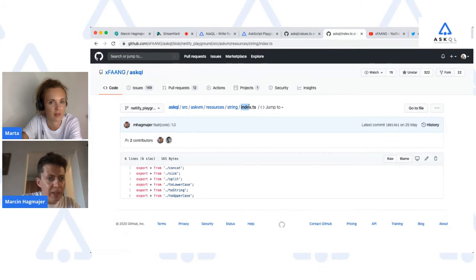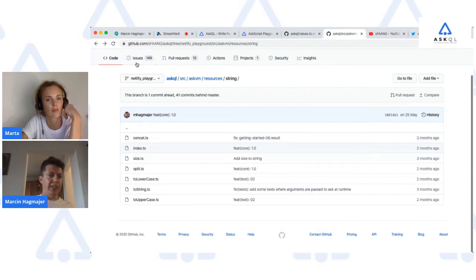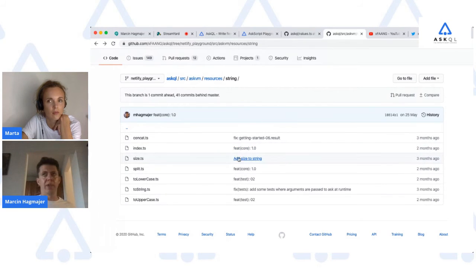It's index. Oh, so index is like, if you have a bigger project and you're gonna divide your source code into files, and then you need to put those into separate directories to keep everything organized. And so index is something that lets you say what should come out of those directories. So index is like a table of contents in a book. It gives you information where is what that is defined there.